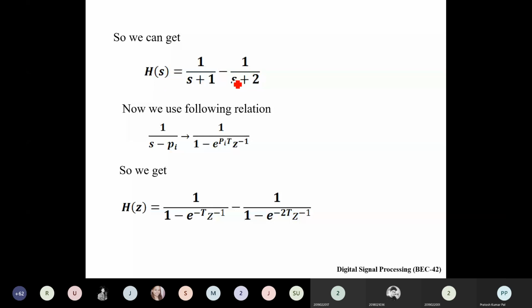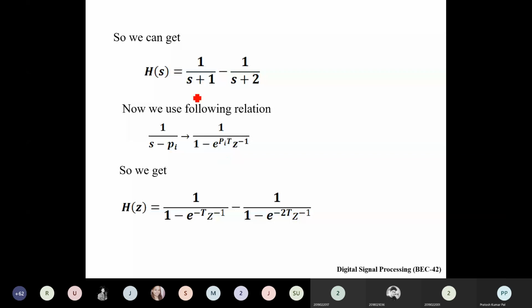So now we know 1 upon s plus 1 is there, so it is similar to 1 upon s minus, then we will multiply by 1 upon 1 minus e to the power pi t into z inverse. So from there we will take the first term. Okay, so we will take the first term. So once we have got it, it will be 1 upon s